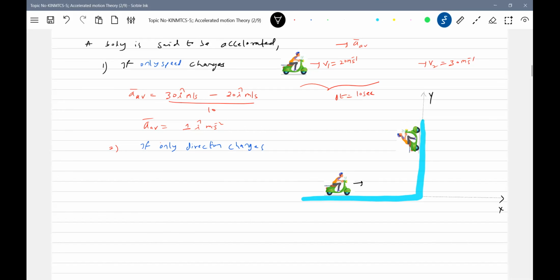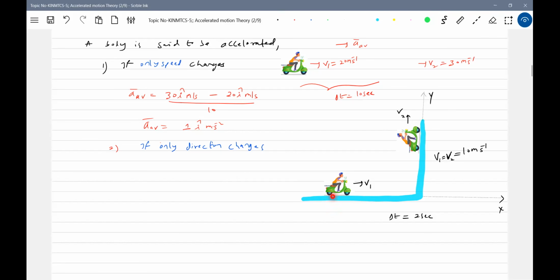He was moving with a speed, say v. So what is that v? Let it be 10 meters per second. What is the time he will take to change the direction of motion? Let it be 2 seconds. Within 2 seconds, he'll take a turn. Let's see how that acceleration will be directed. So what is our basic definition? This will be V1, this will be V2. V1 equals V2, equal to how much? 10 meters per second. Only the direction of motion changed.